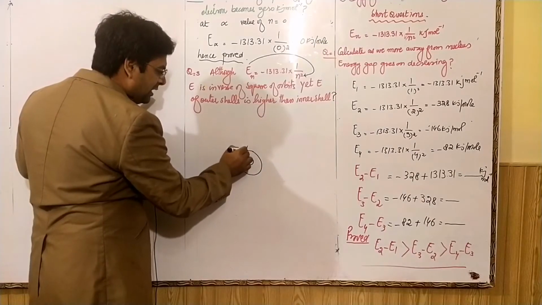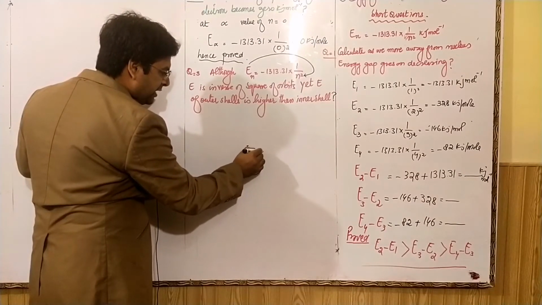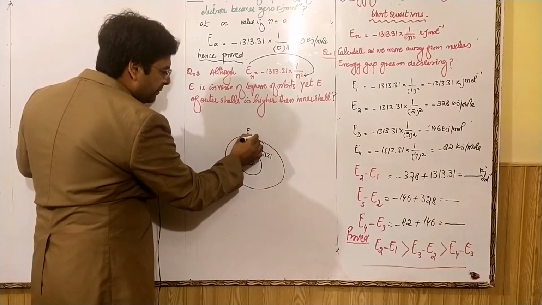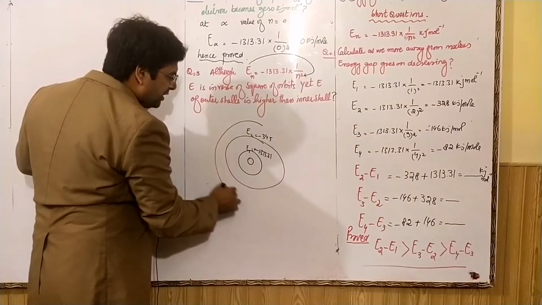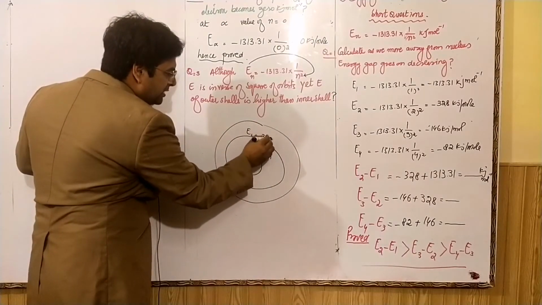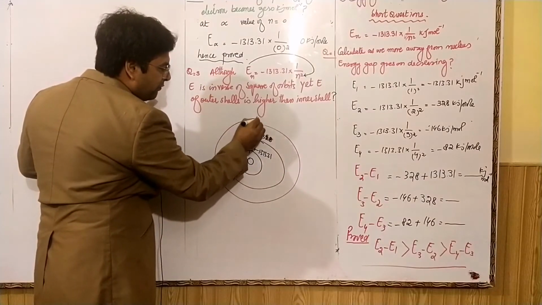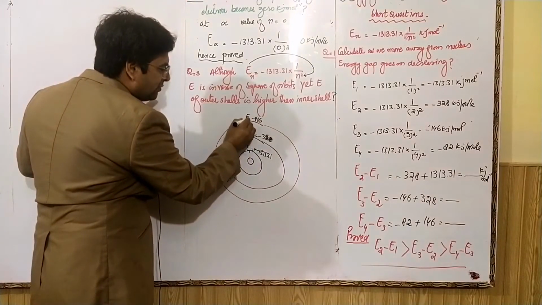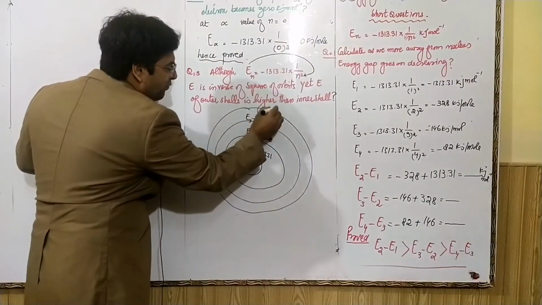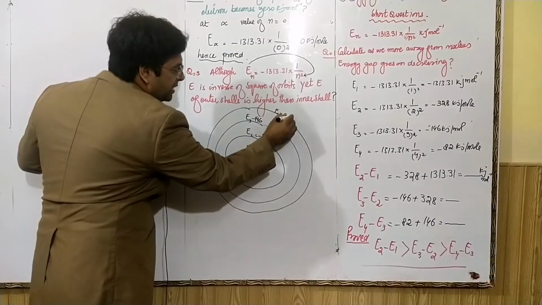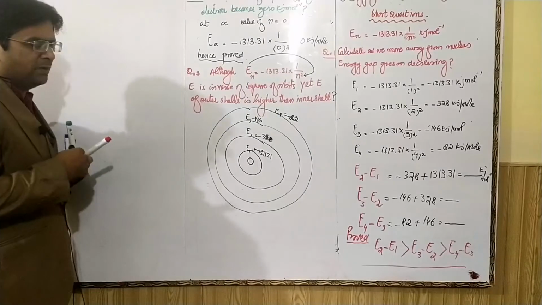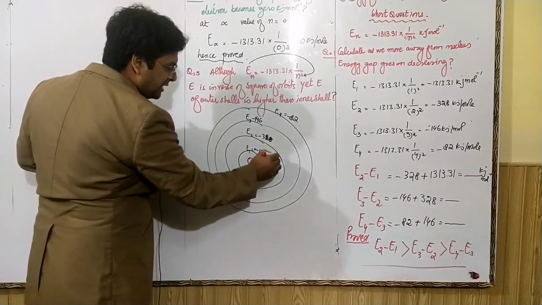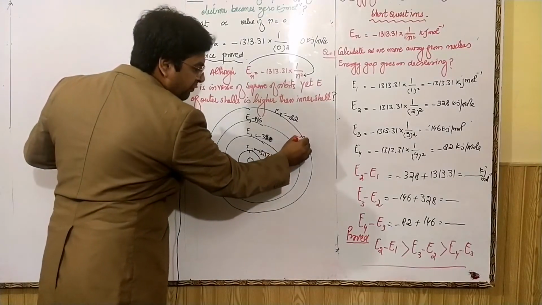The energy of first shell, E1, is minus 13.31. The energy of second shell, E2, is minus 328. The energy of third shell is minus 146. Energy of fourth shell is minus 82 kilojoule per mole. Because energy is inverse of number of shells, it is n1, n2, n3, n4,